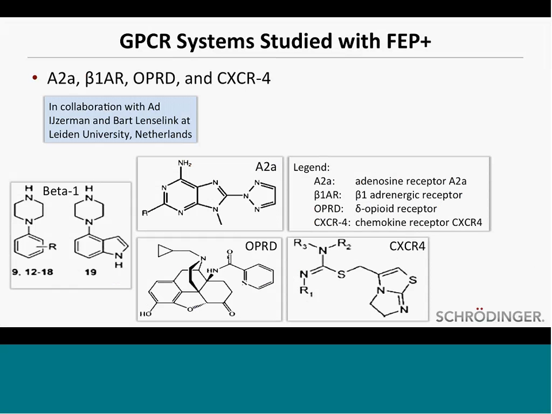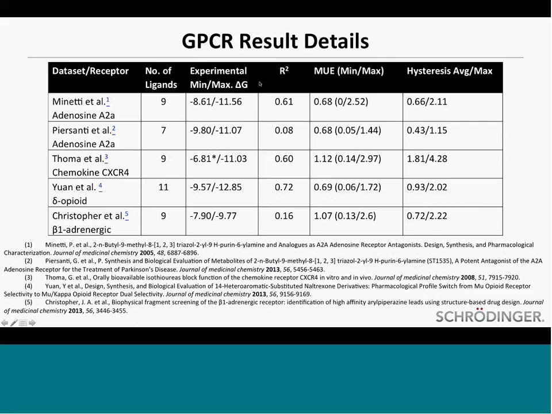We've looked at GPCRs, as we mentioned. This has been done in tight collaboration with a group in the Netherlands. Bart Lenselink is a graduating student who works in Ad IJzerman's lab, and we looked at 4 data sets retrospectively. The A2A receptor, the beta receptors, the opioid receptor, and a chemokine receptor, and we saw very nice R-squareds and